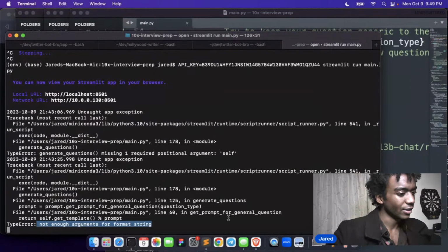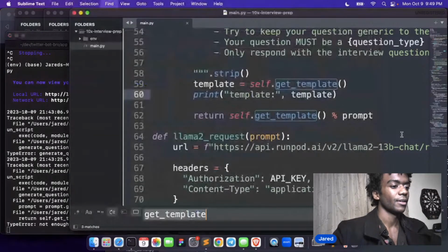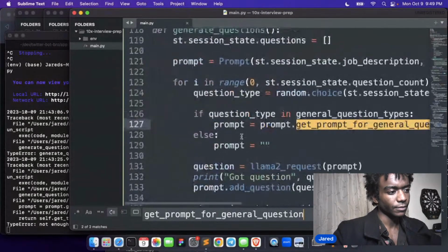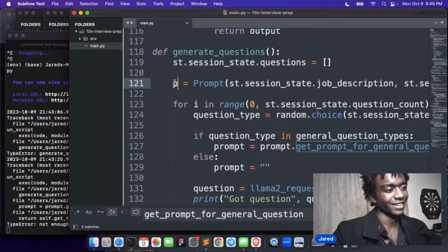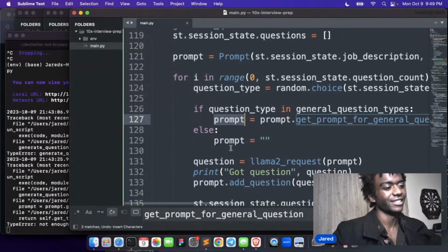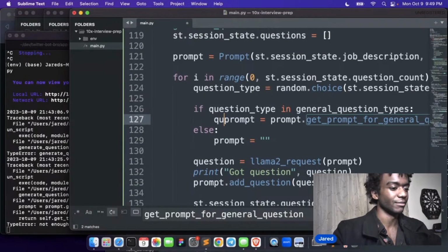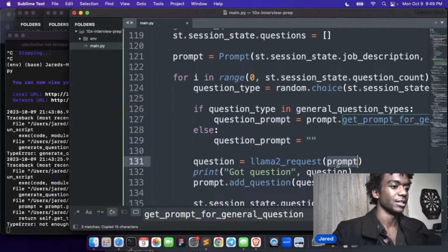That's, is that a law? I feel like that's a weird rule. All right, so, oh, it's this. I'm saying prompt equals. All right, let's just do question prompt. I think that has to be it. Yeah,